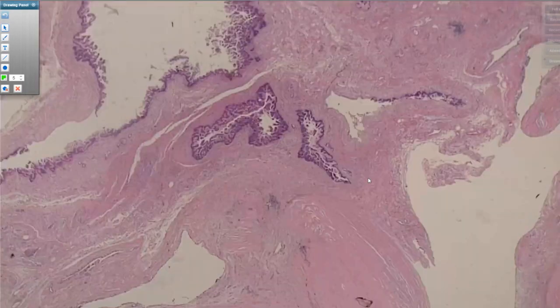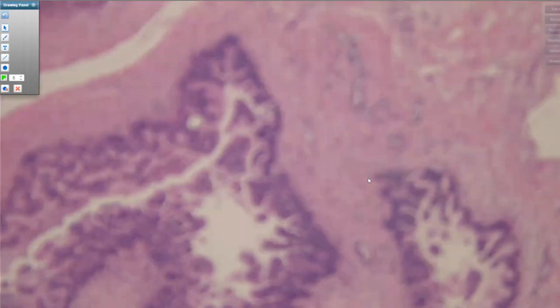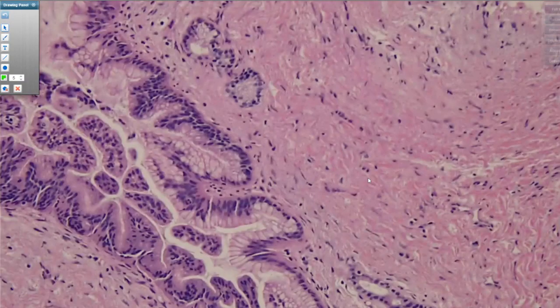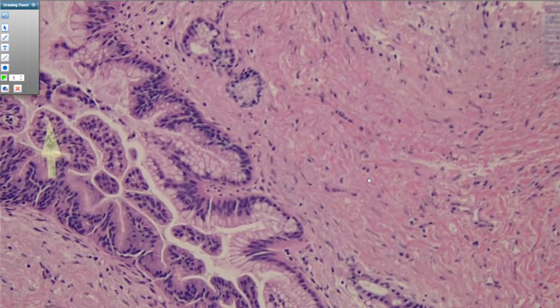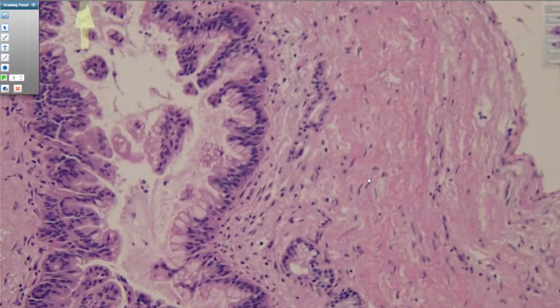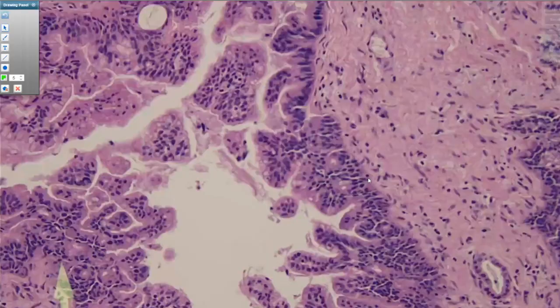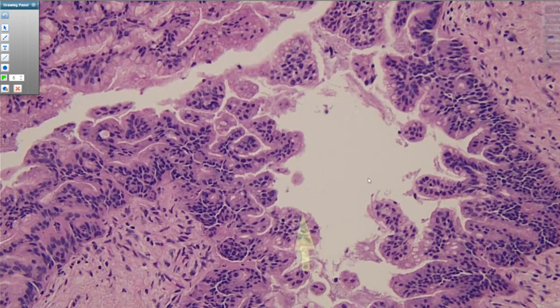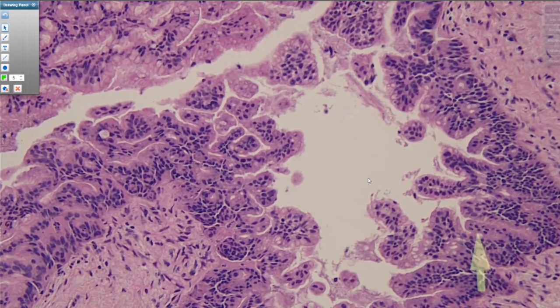We can go back to that first slide we looked at to get a sense of some of those more high-grade features. In this particular cyst, you see these buds that are coming off that essentially no longer have a fibrovascular core within them. That's what we call micropapillary budding. That should be a high-grade feature. Some of that here. And that's probably the most predominant high-grade feature of this particular cyst, all this micropapillary budding. You can get a sense of a little bit of cribriforming here, a little bit of fusion,